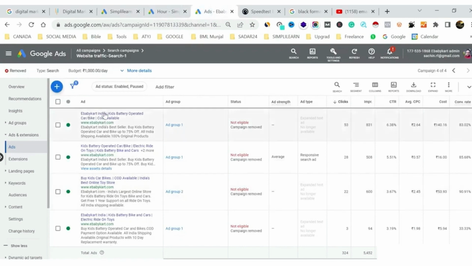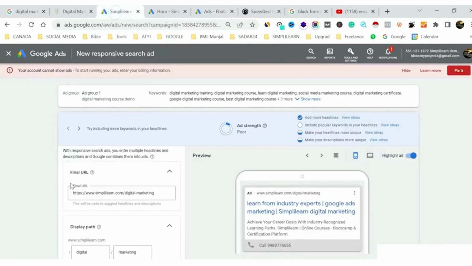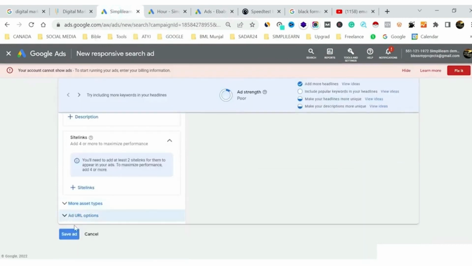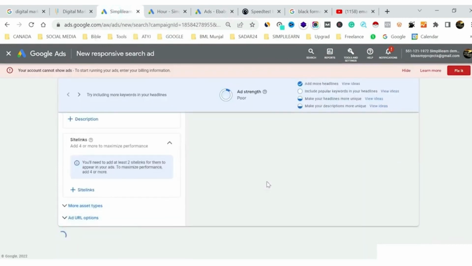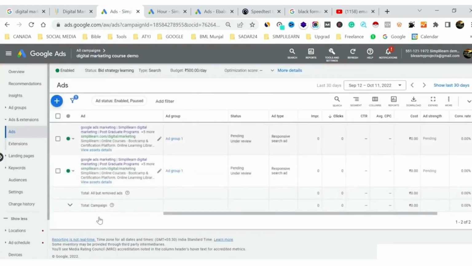That's why in this existing account you can see multiple ads, because we were testing which one works better. This is how you can make one other ad copy, and you can just click done, and that would be added to the list of ads. You can see now one more ad has been added. Out of these two, which one works better can only be diagnosed if the ad starts running.